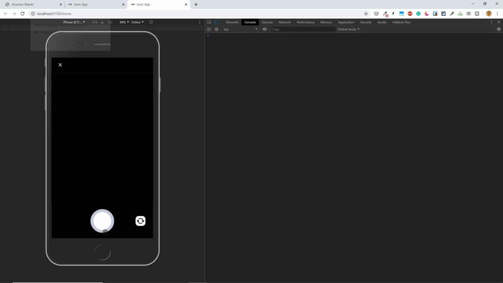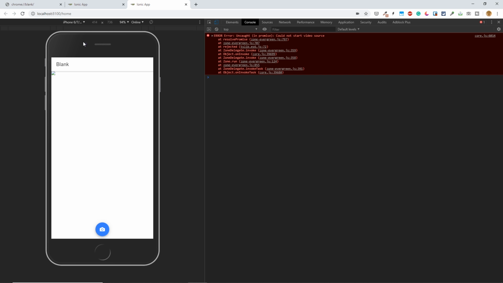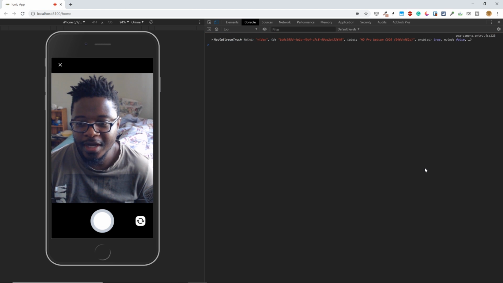Let's try to press the camera button, and then you see Chrome here is asking for permission to use my camera, so I'm going to allow it. And unfortunately it says could not start a video source. Let me debug that. Okay, so I've discovered that the source of the error was that I was recording the screen. So if I stopped my screen recorder and I pressed on the camera button, as you can see, we are able to